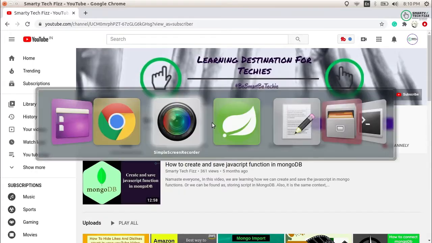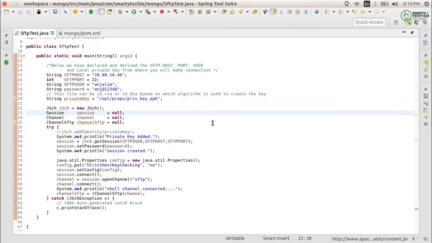Today we are going to code in the Java language. Firstly, we will understand the parameters which we have to use while creating a client for SFTP. And then in the next several parts, we will see that using that client we will be uploading our files to the SFTP server, and deleting from the SFTP server. There are several things we can do, and we can even get the files from the SFTP server. So we will do these things in the next few parts.